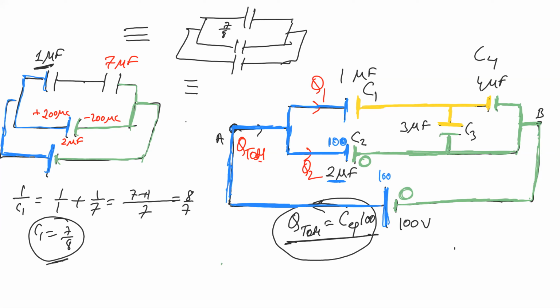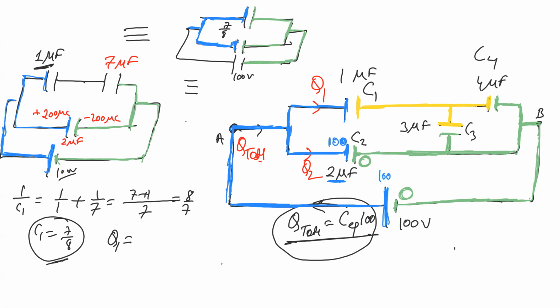Now how much is this here? This is 100 volt. Now 7 by 8 is the overall capacitance. So what will the Q1 value be? How much charge will the battery give? Remember, the battery is directly connected across 7 by 8 now, as it was connected with 2 microfarad. So for the 7 by 8, the battery is directly connected, as you can see here.